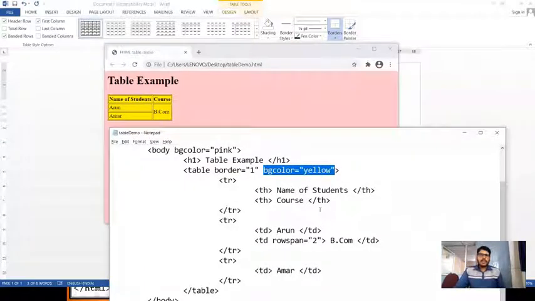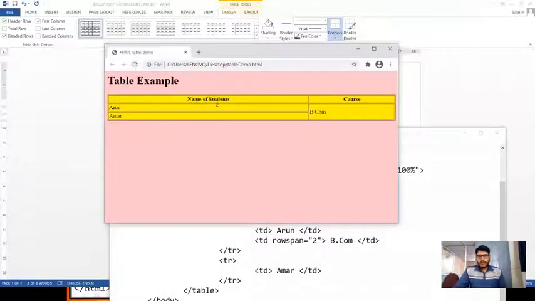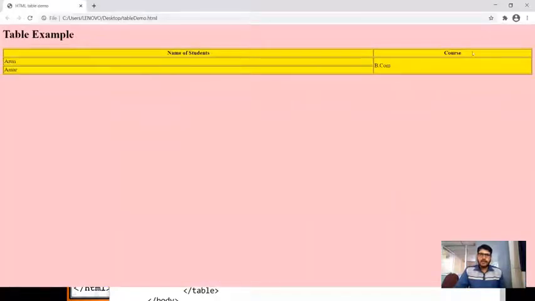Okay, similarly we can set the width here by using a style attribute, and we can specify the width attribute here, and I can specify a colon to specify the value as 100%. Now if I reload this, you can see here according to my web page size, the table has been adjusted to its 100% width. Okay, if I maximize this, you can see here my table got its width increased to